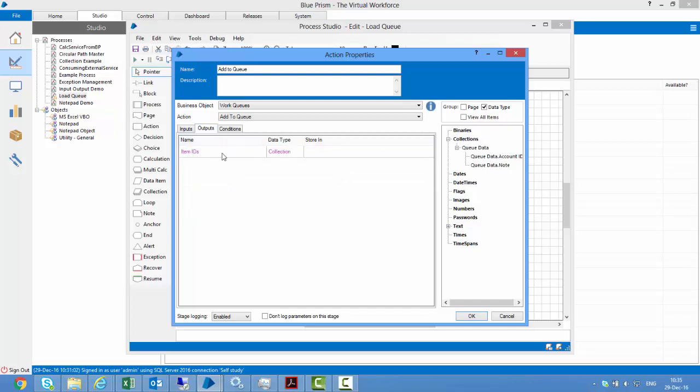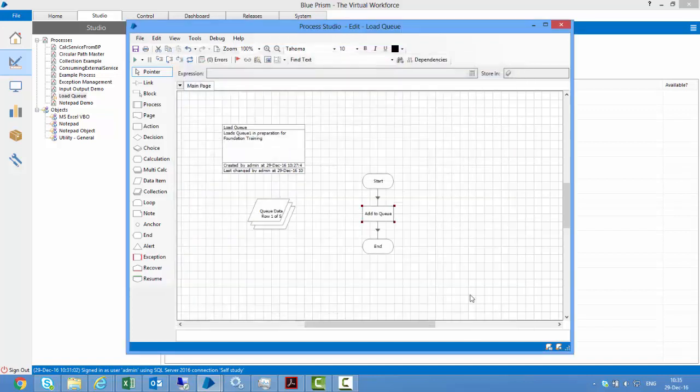This has 5 rows in it, so it will return 5 item IDs to me. If interested, we can even store that, but right now that's not required, so I will leave that as is. And I will click OK over here. So we will run this. This will add these 5 rows to my queue. So let's run this